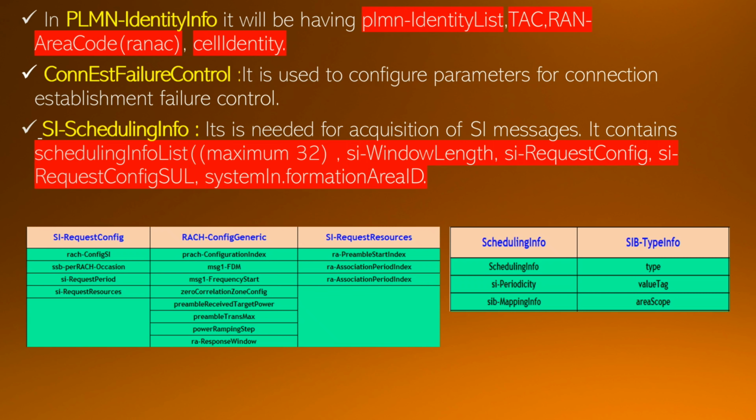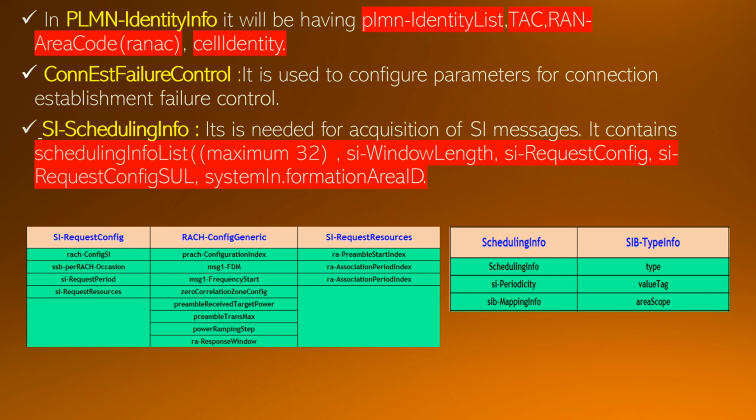Tracking area code belongs to the cell identity. And if we do not get this tracking area code, we can consider the cell as barred.